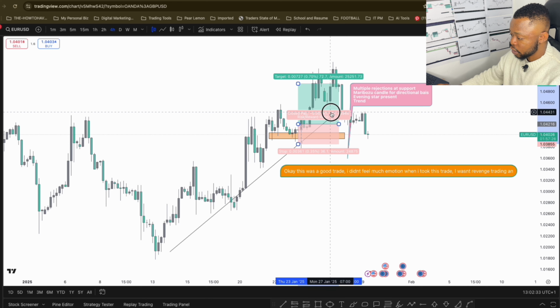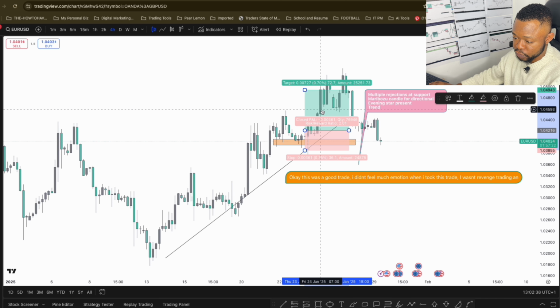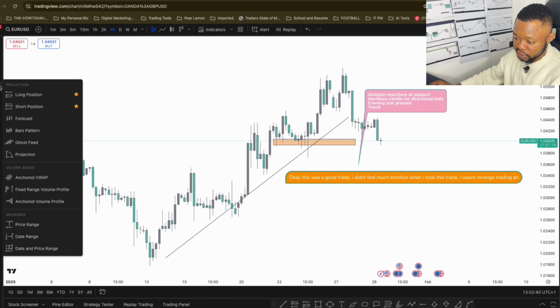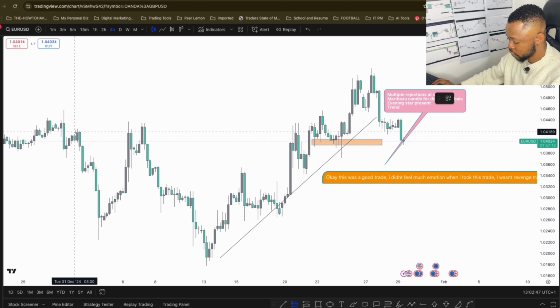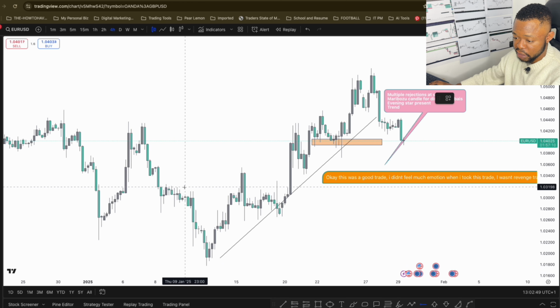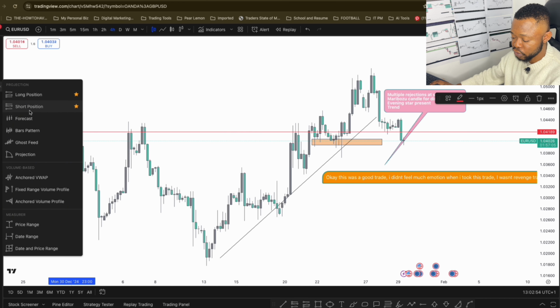So next on this list, we'll be talking about drawing tools on the chart. So if you want to buy and you want to sell, we have long and short position projections in the market. So we have a short position. You want to short from this area. This is a resistance zone here. Let's say this is a resistance zone right here, and you're looking to go short. So these are some projection tools you can use to help you get the right angle or the right way to get into the market.